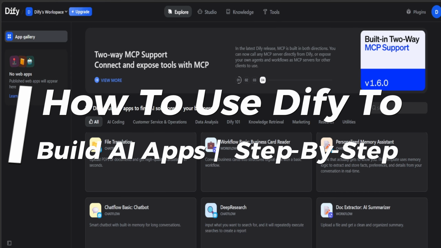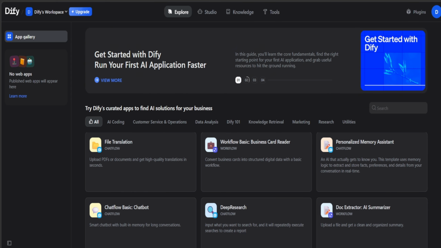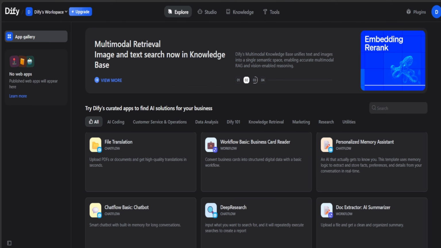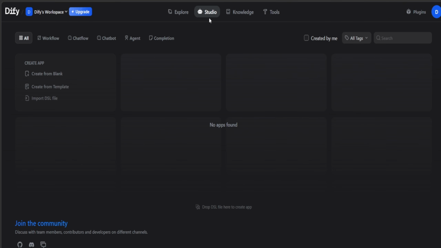How to use Dify to build AI apps. So, of course, what you're gonna do is to set up your account. Very simple. You can log in, and once you've done all of that, you can go ahead and focus inside your studio. So, Dify is a visual platform for building your apps, specifically AI apps, and workflows using models, depending